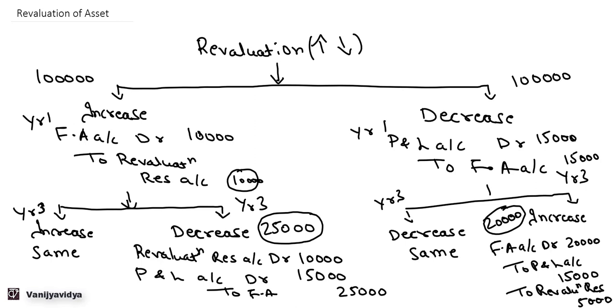Now, when you do a revaluation of the asset, the depreciation needs to be calculated on that revalued amount of the asset. So whatever is the WDV of the asset plus your revaluation amount will give you the total revalued amount of that asset. This revalued amount should be used for calculating your depreciation in the future. So this was about your revaluation of the asset.